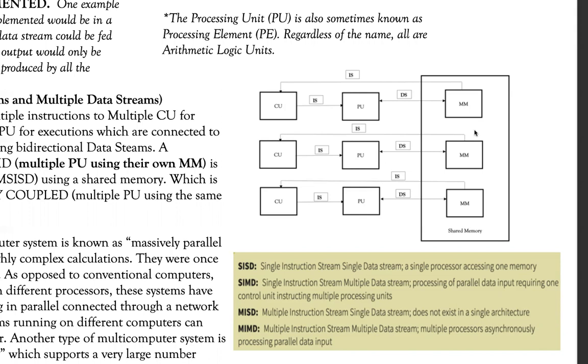And if I have different instructions on each address, and different data on each address, why can't they be executed separately by different processors as well? So that can be done. But the only difference between loosely coupled and tightly coupled is that each processor relies on its own memory module in loosely coupled, whereas each processor will be sharing a memory module in tightly coupled. But instructions are separate, data streams are separate in both of them.